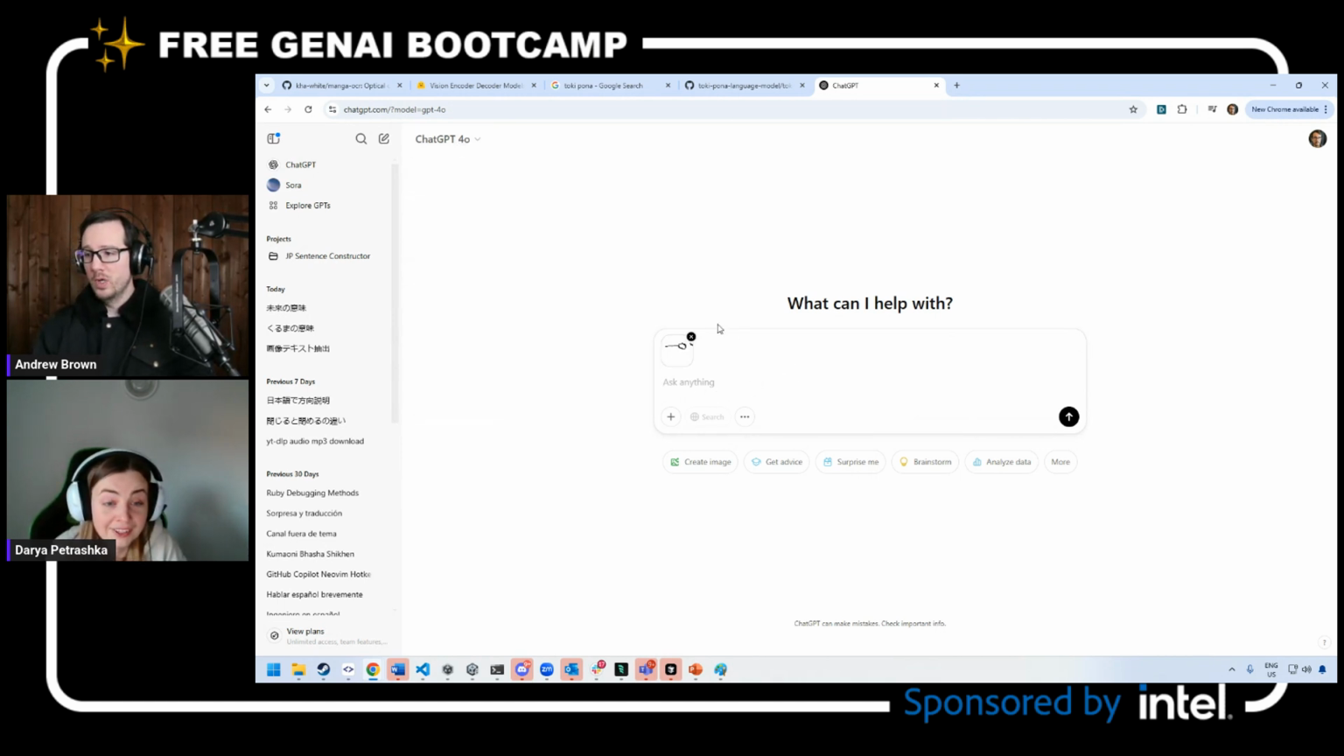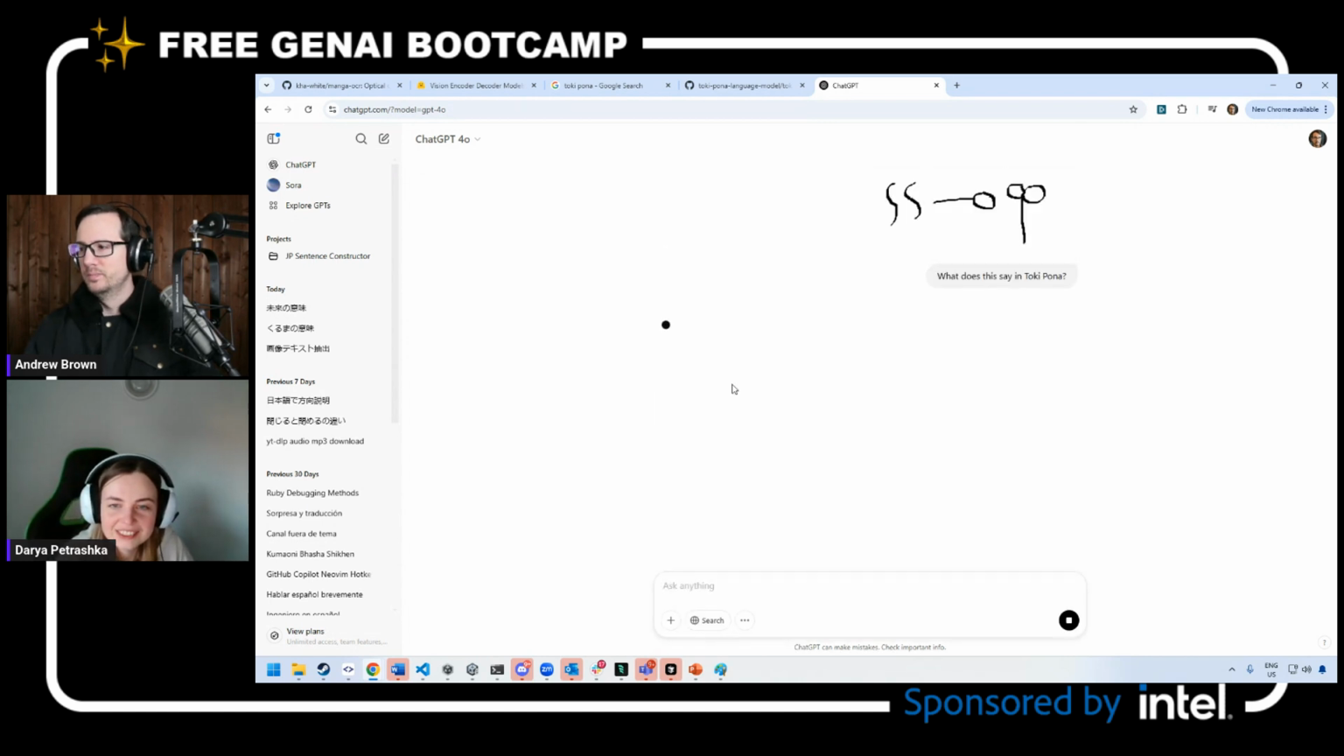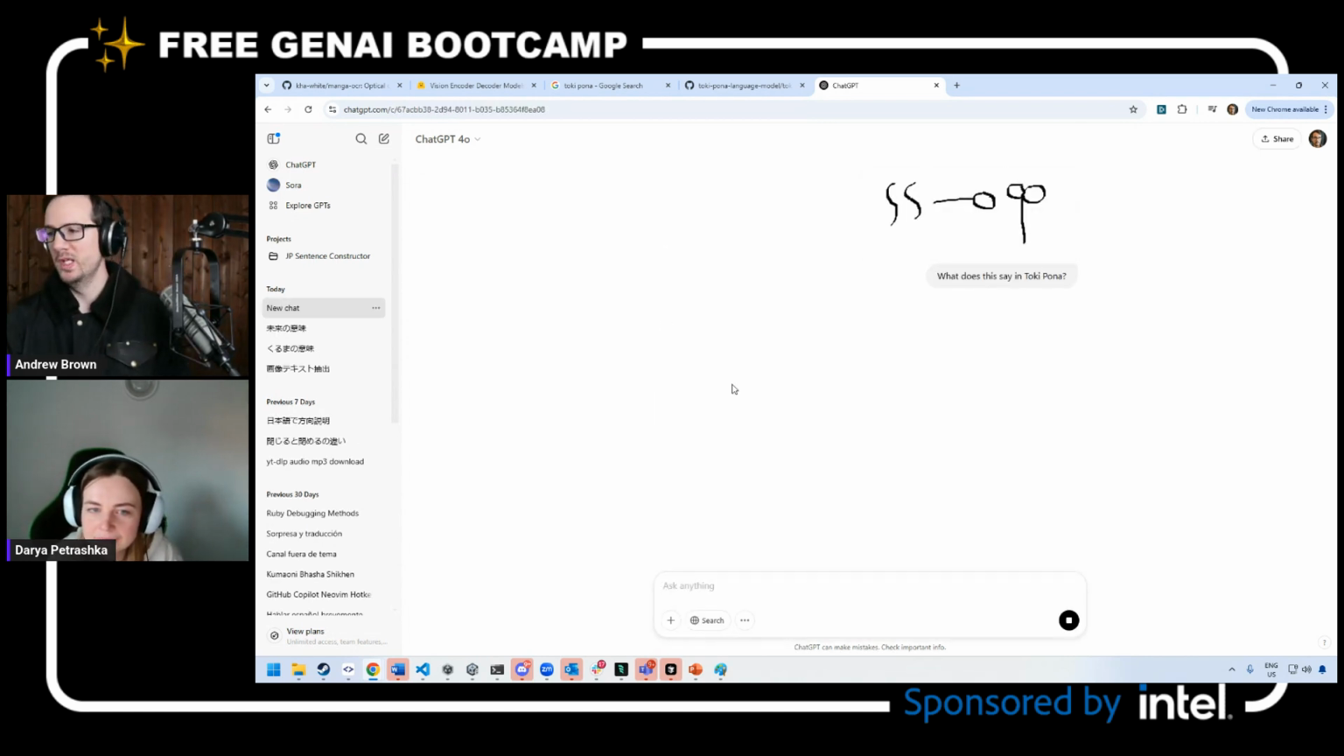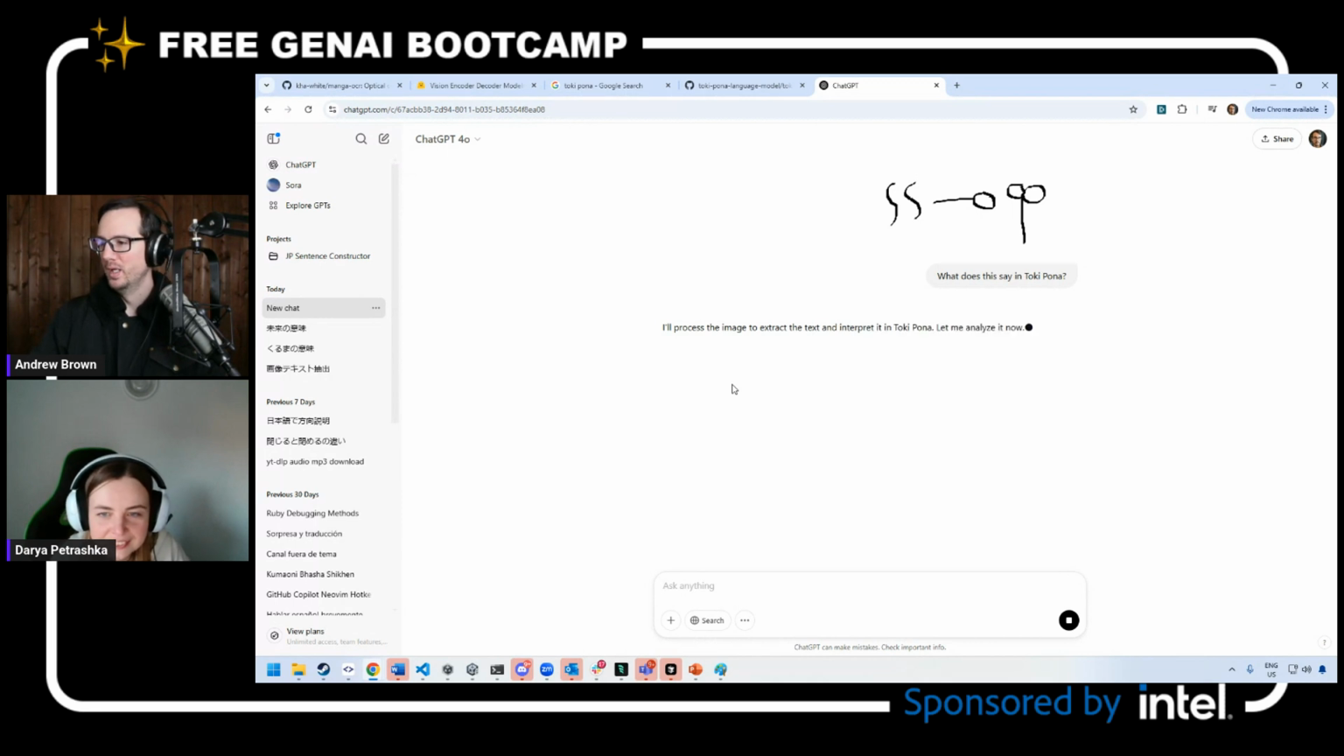Oh, let's go. We're on 4.0. So I'll say here, I'm surprised, what does this say in Toki Pona? I mean, maybe not in Toki Pona, but this is Toki Pona. What does it say? I'll process the images. So I'm just curious, can it do it? Because then no one has an excuse that they can't use any language they want. So it says,